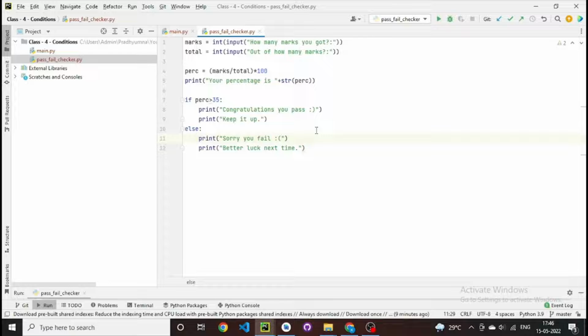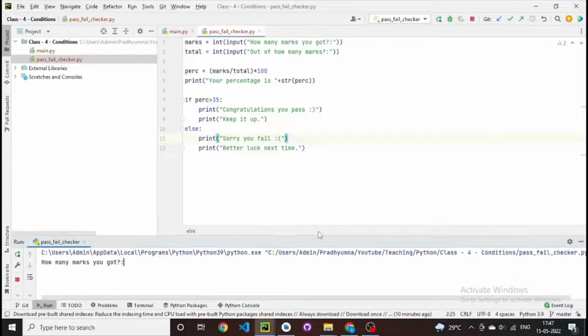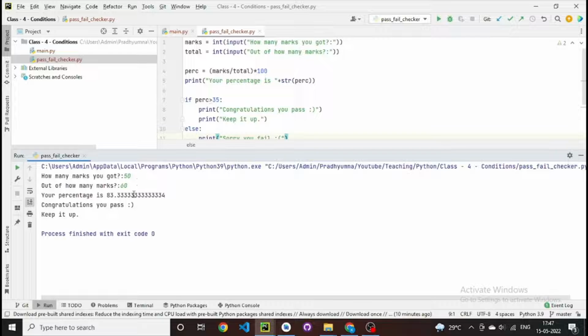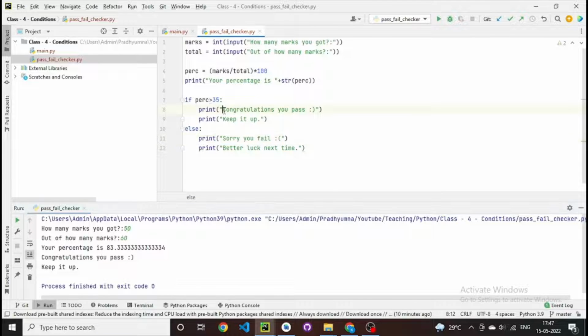So let us just run it. I'll give I got 50 out of 60. So you can see that it gives my percentage and it says congratulations, you pass, keep it up. So if you have to give a line space, you can just write \n. You have to also give it here because this won't be run if you take it here. So you just write,